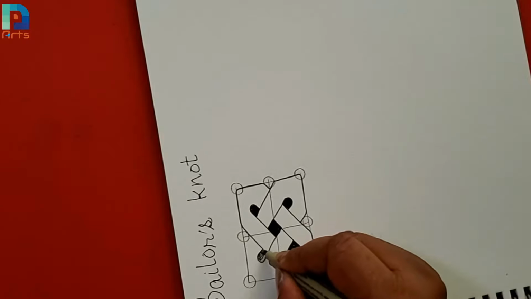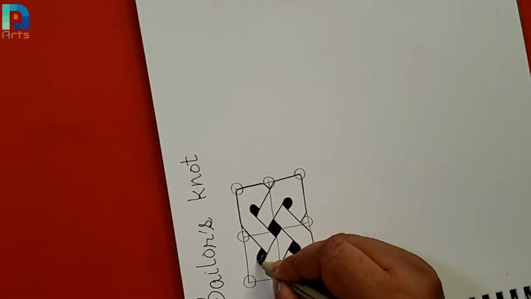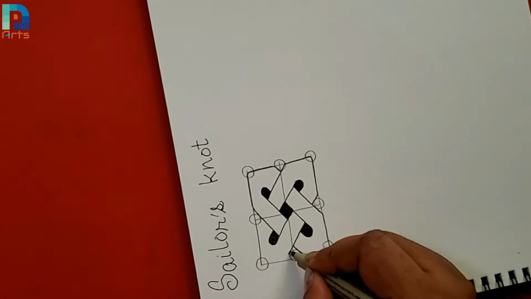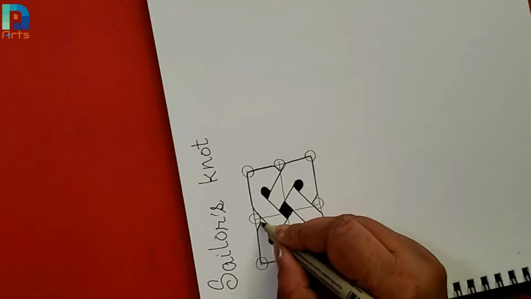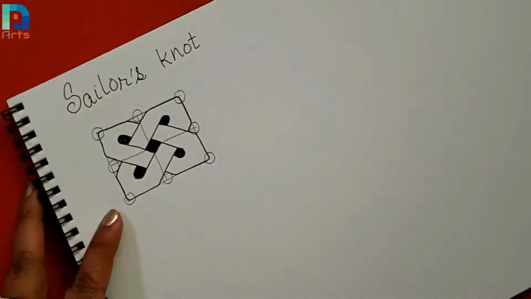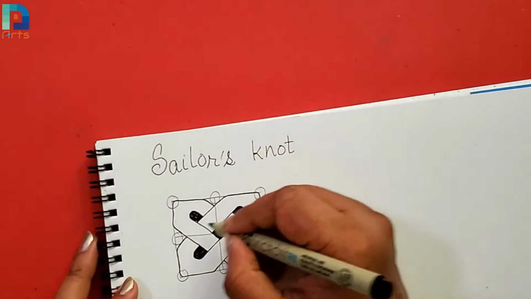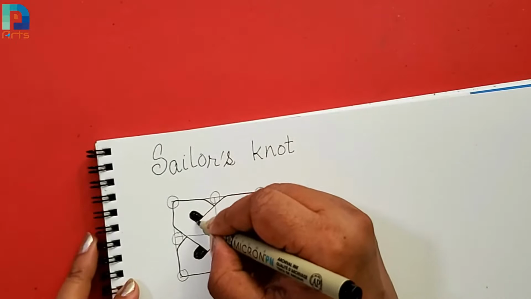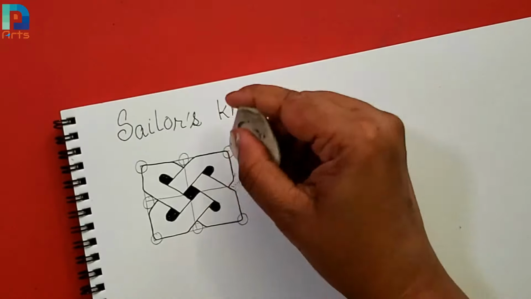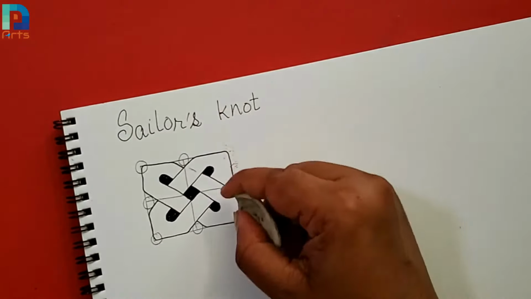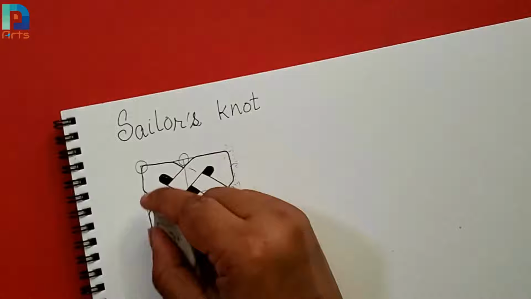We turn this line around the circle. And then we'll extend this all the way to the corner and join this. Please let me know if you guys get it right or not, because this is just the beginning of the sailor's knot. And then this is the concept, and we can extend this in as many,